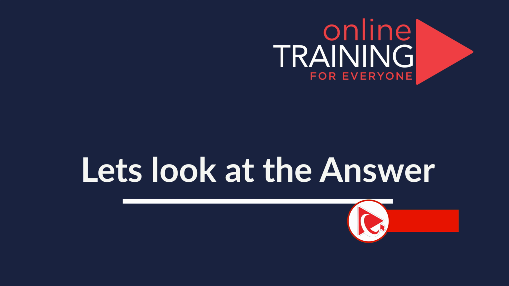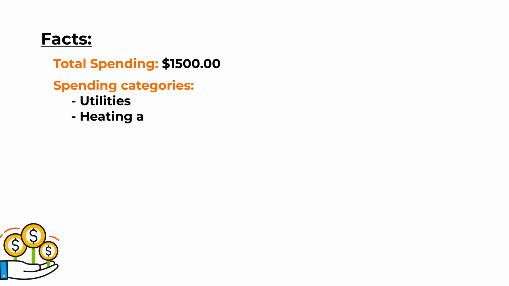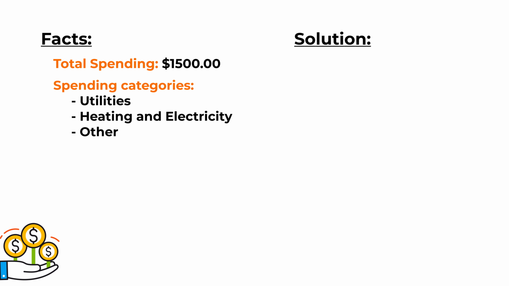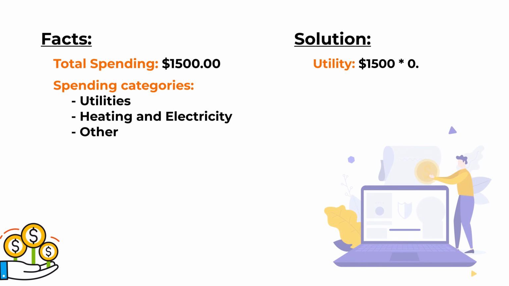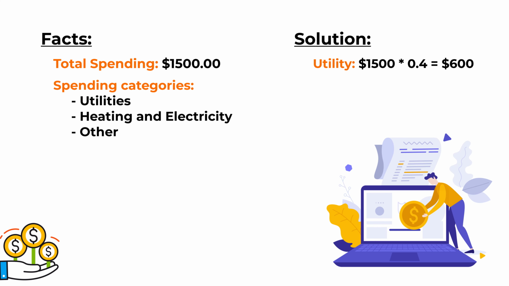Let's first look at the factual information. Total spending is $1,500, and spending categories that we've learned about are utilities, heating and electricity, as well as others. Because there are 3 spending categories, let's calculate the values in each one based on the data that we have. To calculate the amount spent on utilities, we need to multiply 1,500 by 0.4, and the end result of this